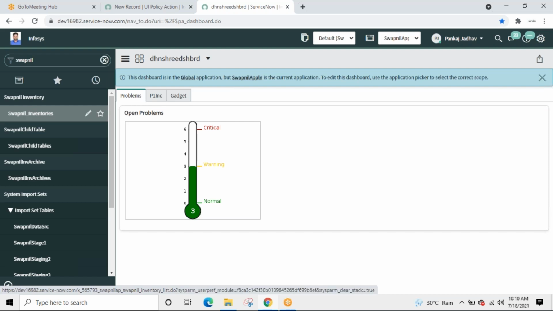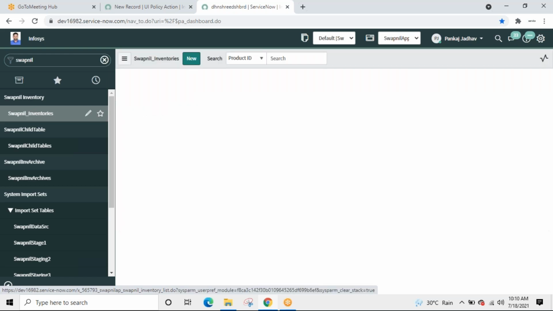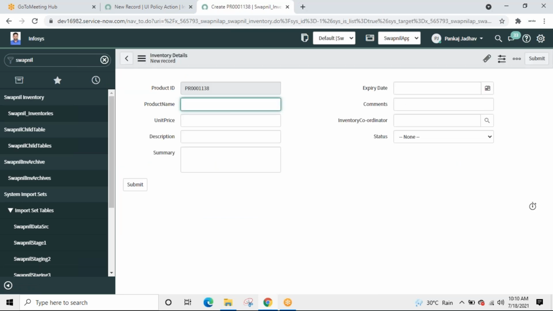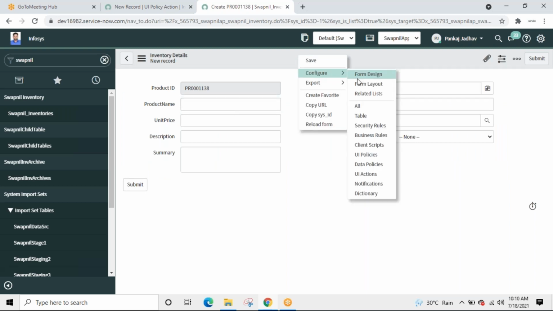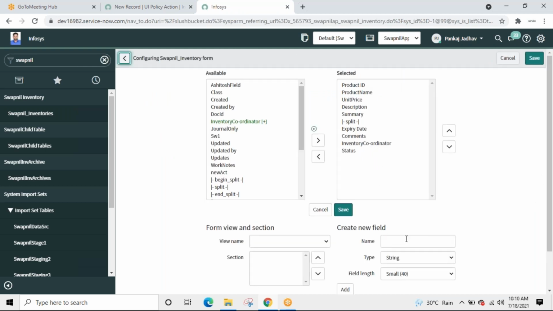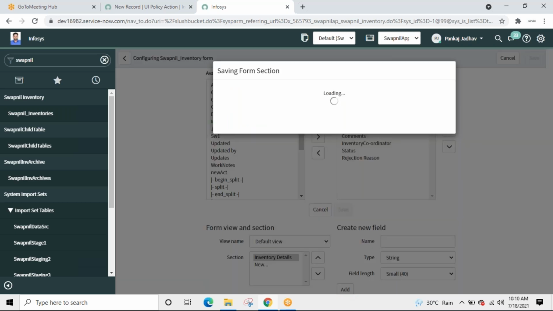Our table, new. We know how to create a field. Right click, configure form layout, give a name. Okay, add it, save it, and done.